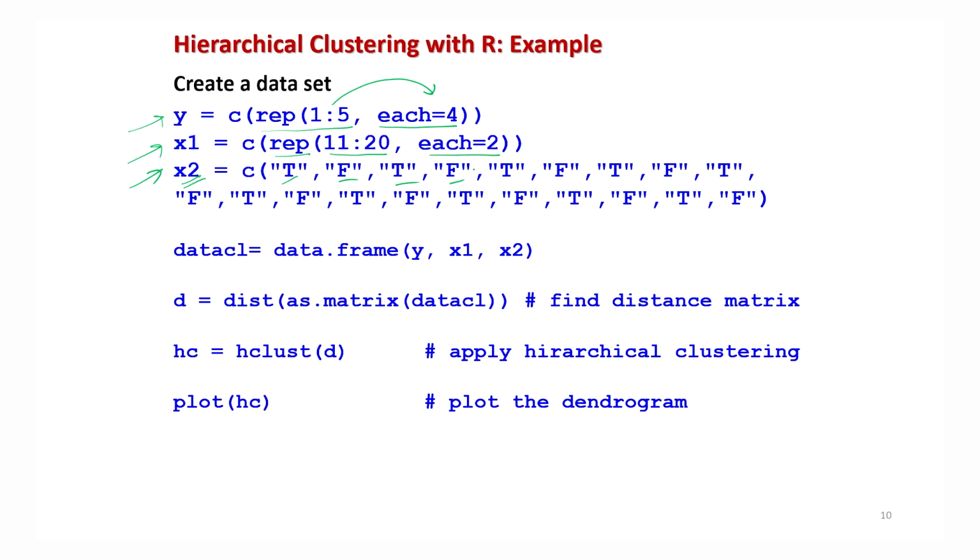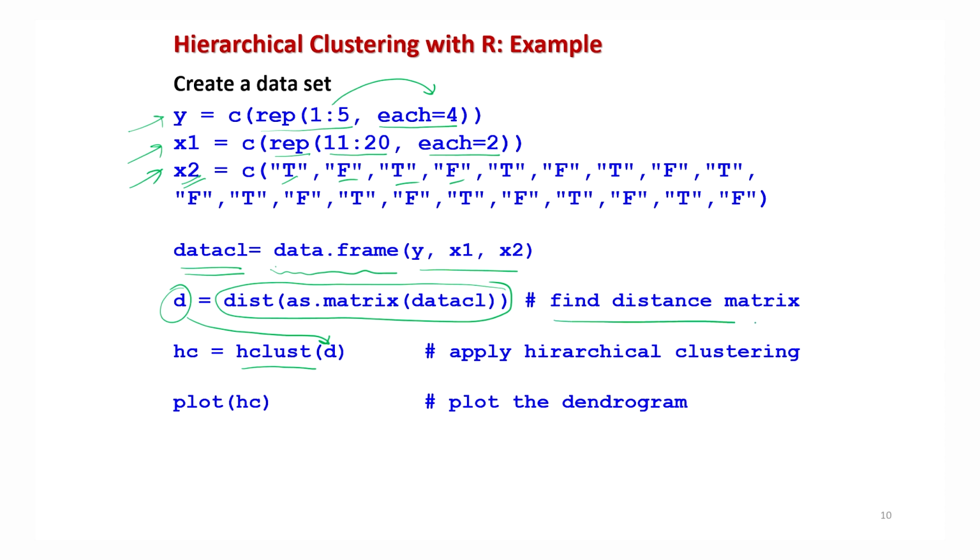Then I create a data frame. The data frame is created as data CL by the command data.frame with y, x1, x2, and then I save this data CL as a matrix, and let me call it D. Then I use the command hclust over this D. This will find the distance matrix, and then hclust will apply the hierarchical clustering.